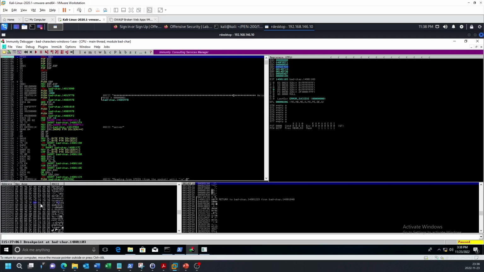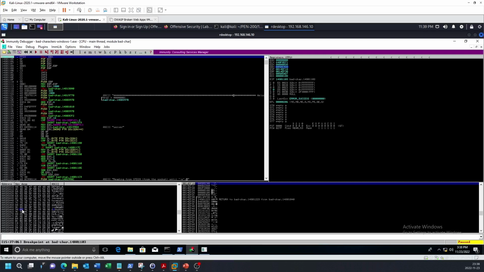Scroll a bit more. 1, 2, 3, 4, 5, 6, 7, 8, 9, A, B, C, D, E, F, 90. 1, 2, 3, 4, 00.